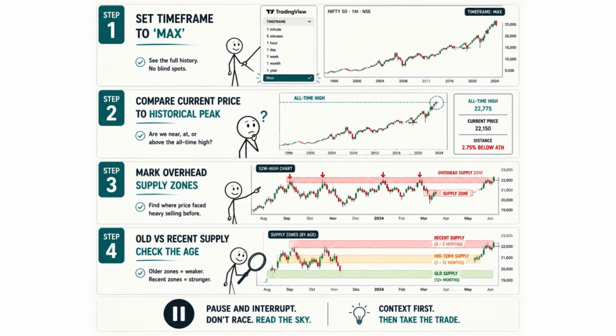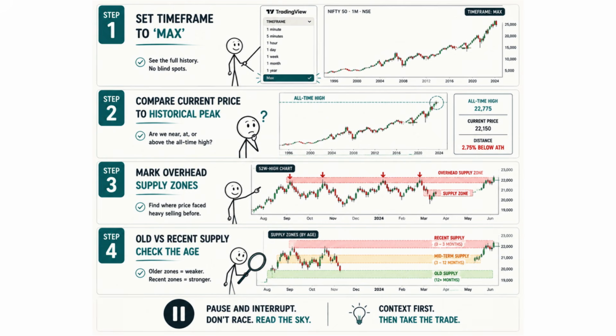That's the edge. How to tell them apart in 30 seconds? Step 1. Pull up the maximum time frame chart, not 1 year. Set it to all or max on TradingView. This shows the entire price history. Step 2. Find the highest point ever. If current price is above everything in history, it's an all-time high. Clear sky. If current price is at a 1-year high but below older peaks, it's just a 52-week high with